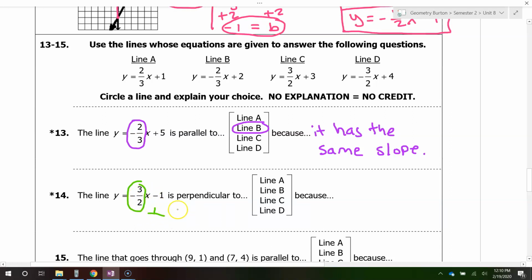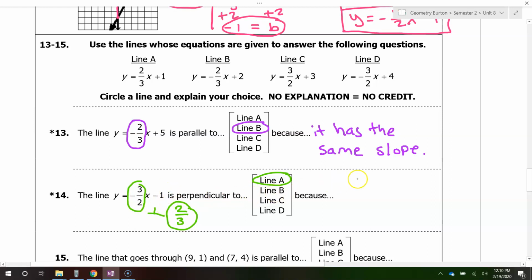So that should be positive 2/3. Okay, so I'm looking for a line that has a slope of positive 2/3. Okay, the only one that has that is line A. So I'm going to circle line A